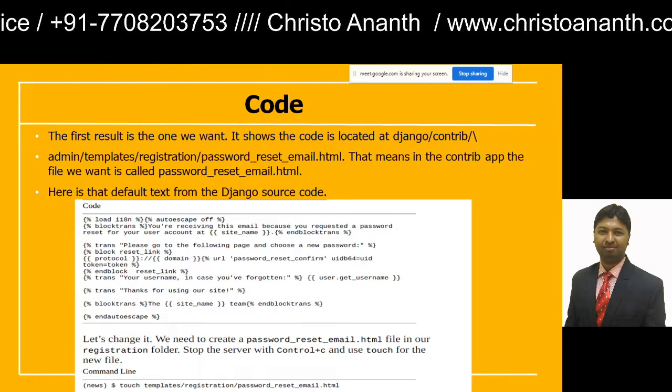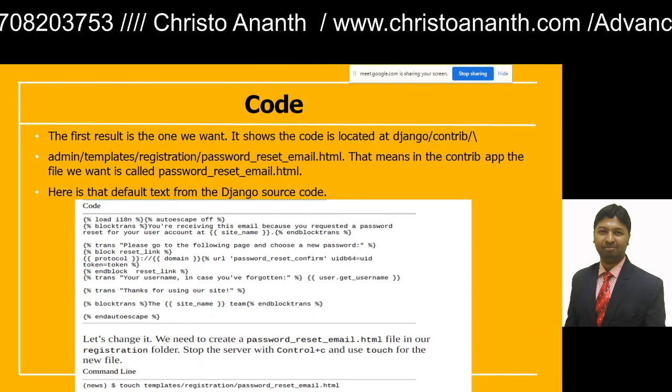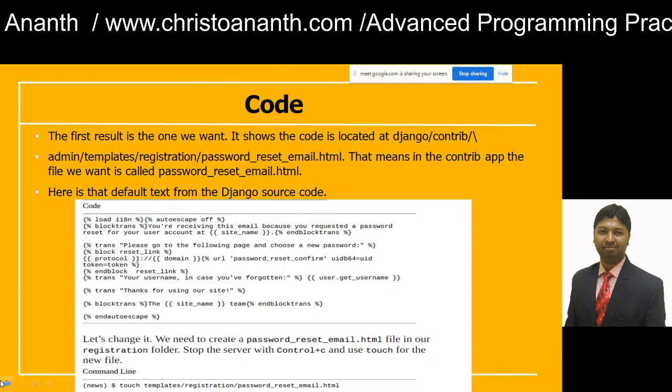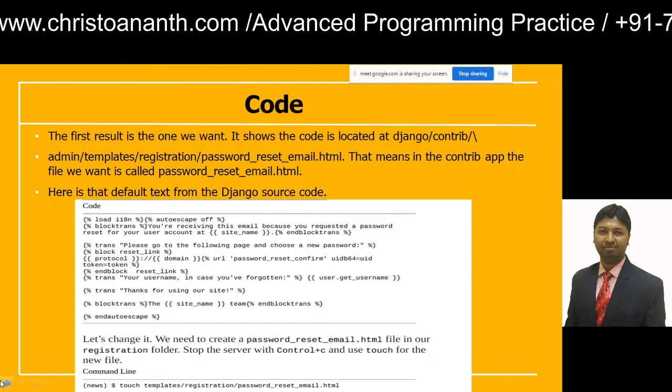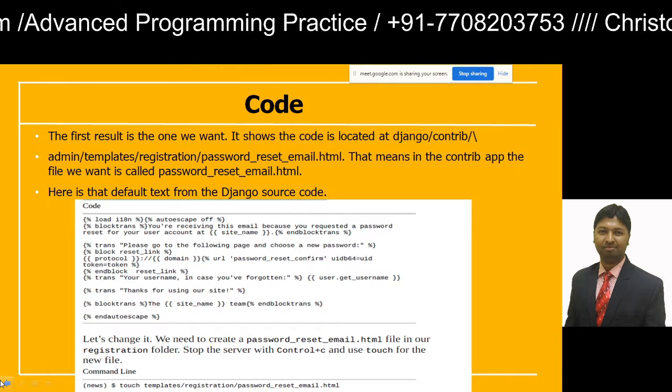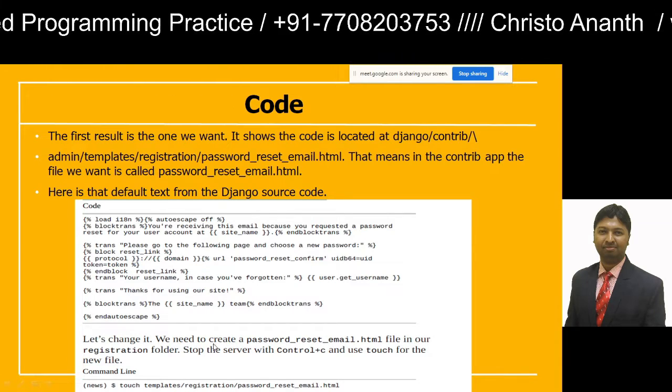So what we do is create a password_reset_email.html in a registration folder. Stop the current server by pressing Ctrl+C, and create a new file within the news app: templates/registration/password_reset_email.html.